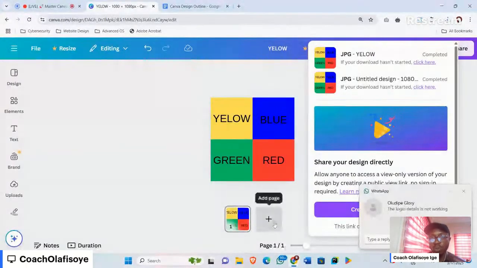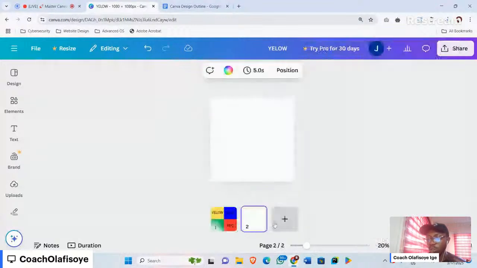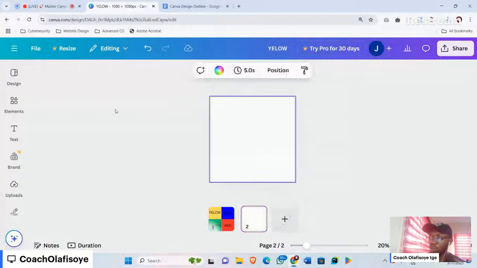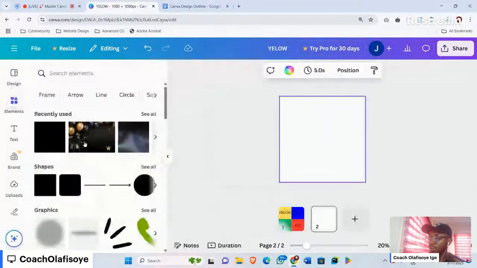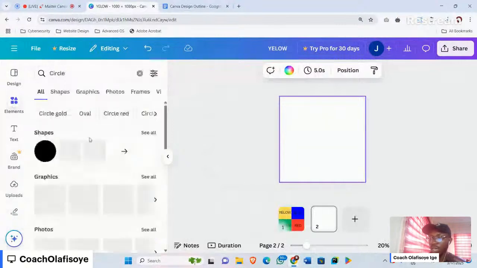So I'm going to show you how to go about that. I'm going to add another page. You can see I added another page. I'm going to elements, circle. So you can search for circle here, right? I have circle here. I'm going to take it to the extreme end,